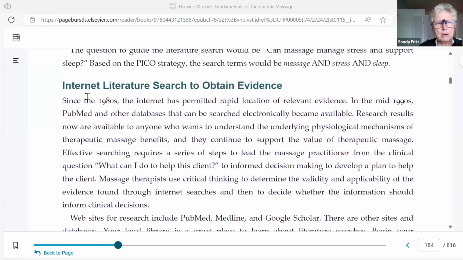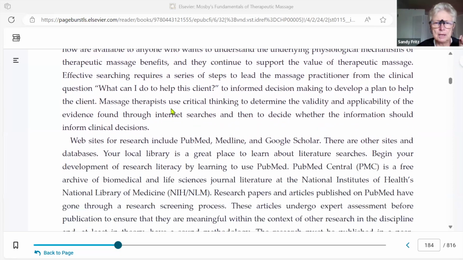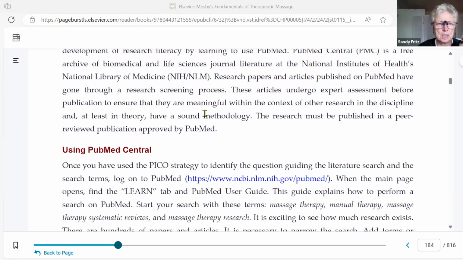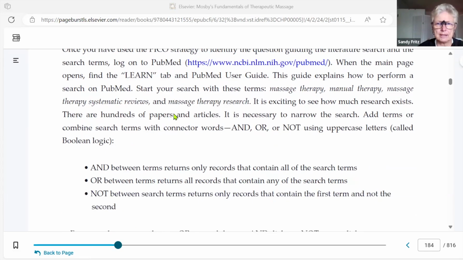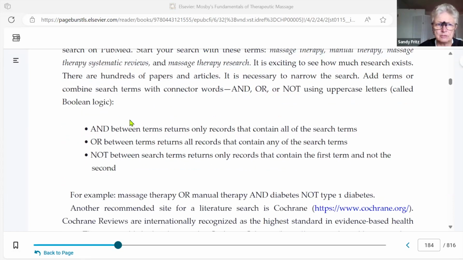And then we just talk about how the internet is used for research. I do use Google Scholar, but it is not as rigorous in terms of peer review as PubMed. And there are others that are valid, but learn to use PubMed first. And then this gives you a link to it, and it gives you some ideas